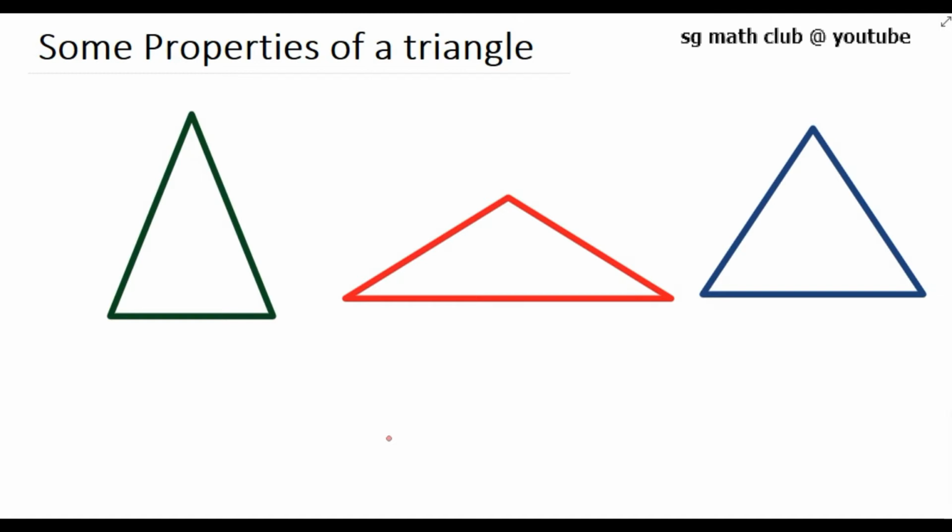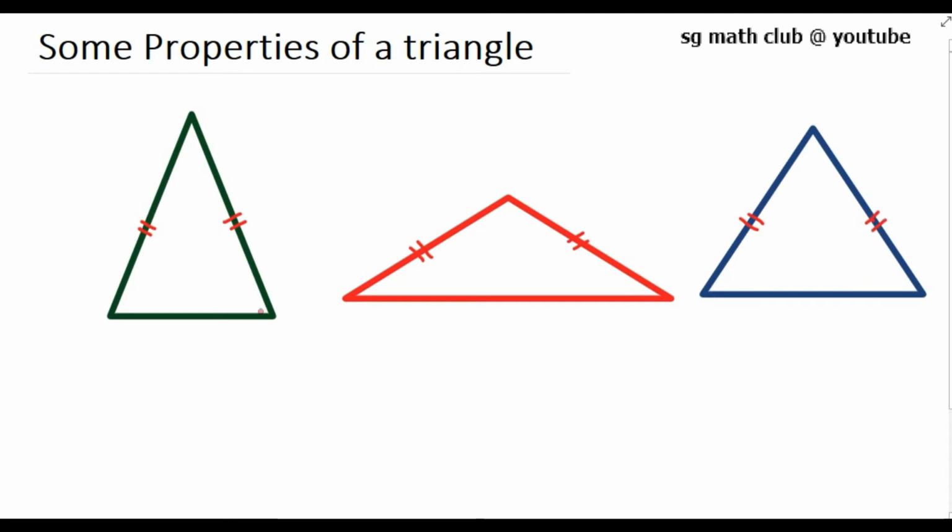already learned about congruence of triangles and criteria for congruence of triangles. In today's video, we will learn some of the properties of a triangle. And you can see here three isosceles triangles. We know that in an isosceles triangle, two sides will be equal. Or if two sides of a triangle are equal, such a triangle is called an isosceles triangle.